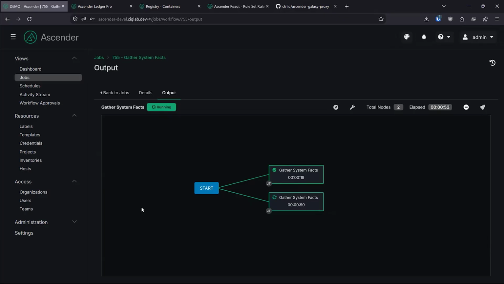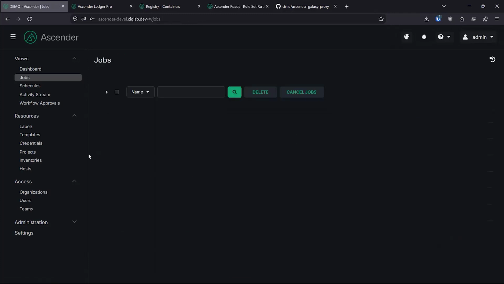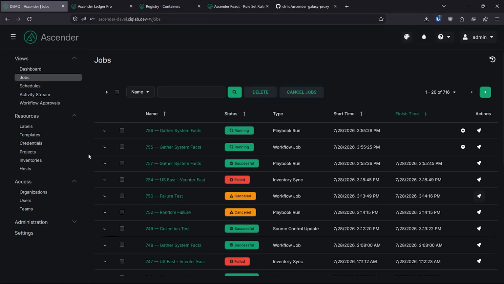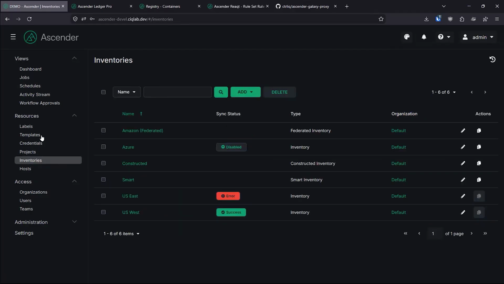But what it allowed me to do is basically spin this off, so now it's running against both inventories, both running in the correct location on the correct external node, and it doesn't know anything different. And this is just a mechanism behind the scenes for the slicing that we utilize, and it runs beautifully on pretty much all your jobs. It can even slice even further than that. You can use it inside of workflows, whatever you may need. But within here, solving that real problem of I have lots of different inventories and I don't know where the